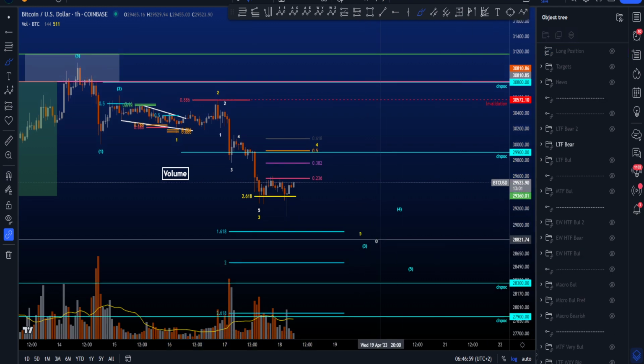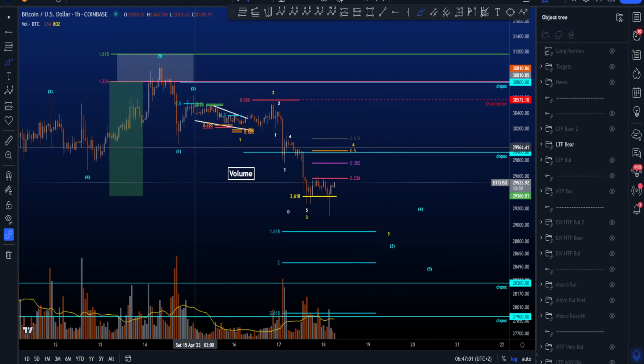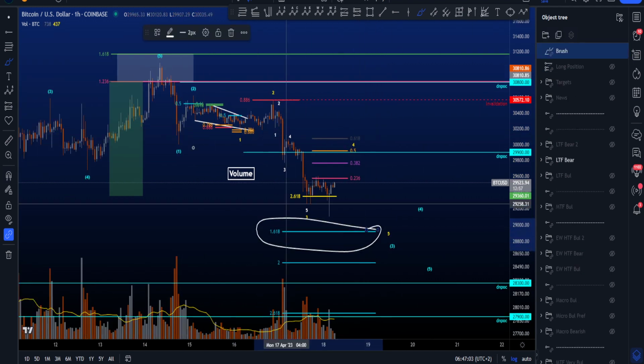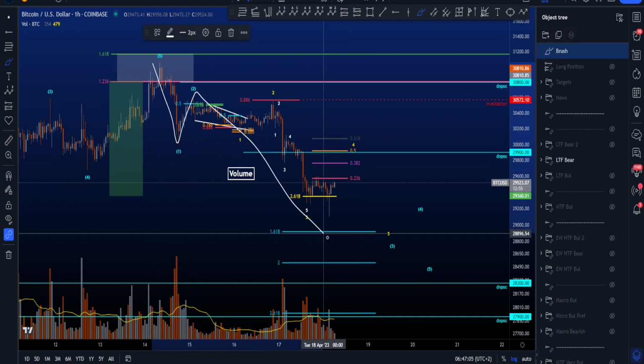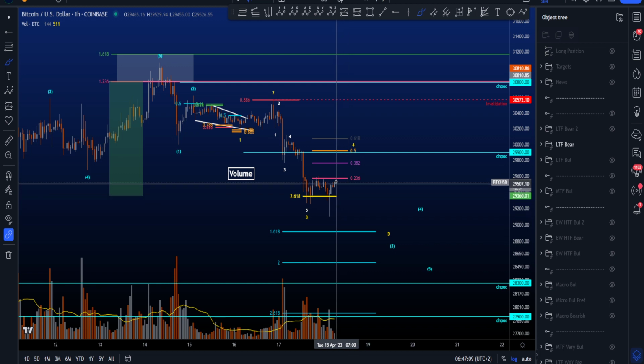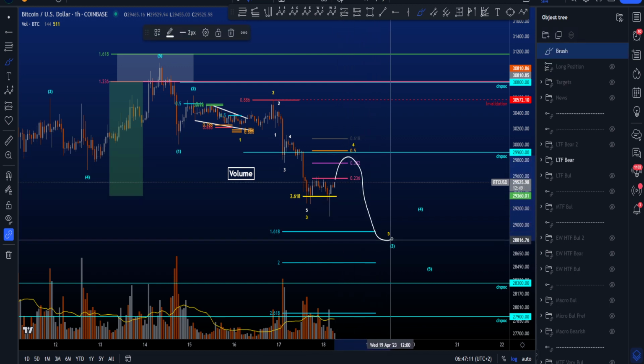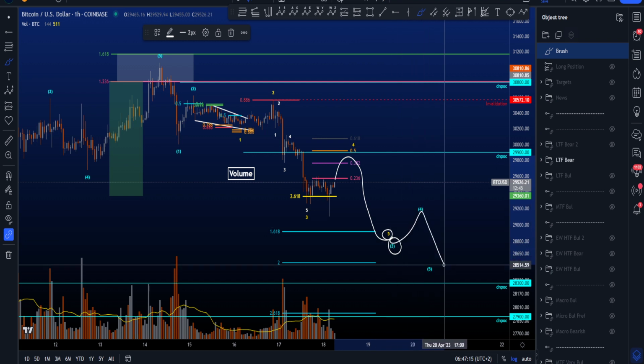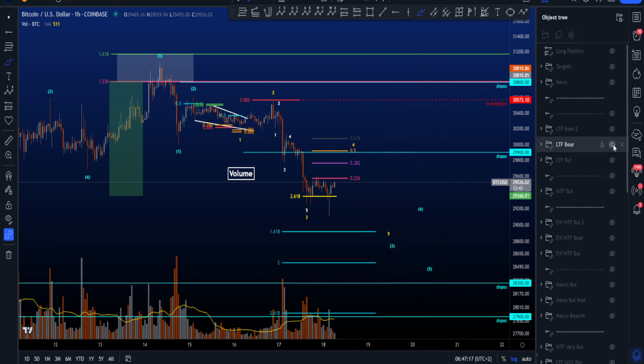The minimum target for a wave 3 usually in blue is the 1.618 over here. So you would expect a 1, 2, 3, where the minimum target for wave 3 extended is the 1.618. So you definitely want to see more downside in the yellow count for a wave 5 before then 3 can be finished, then 4, and then eventually 5 to the downside, right?